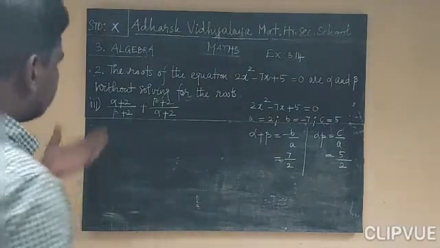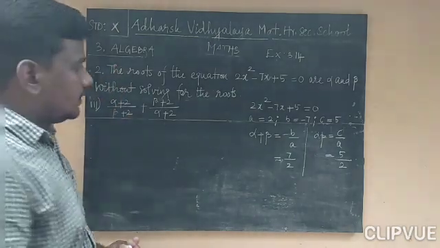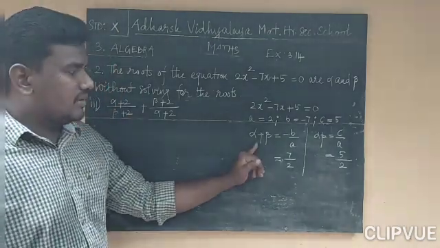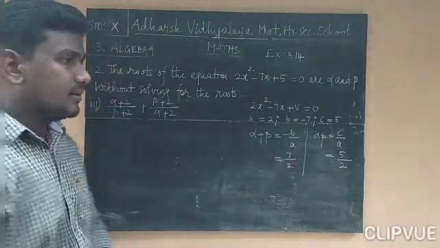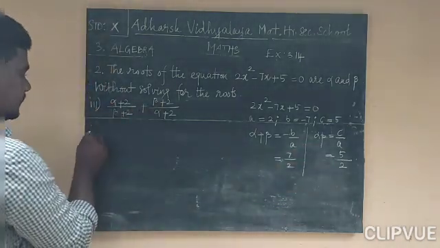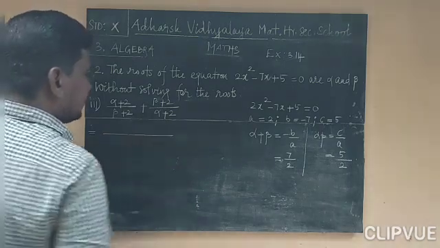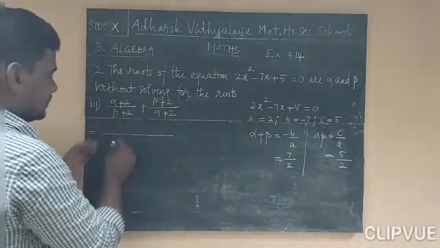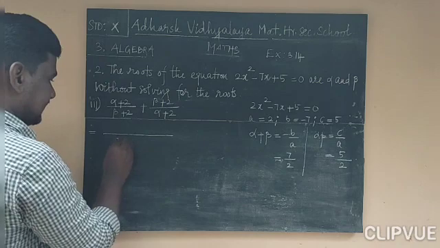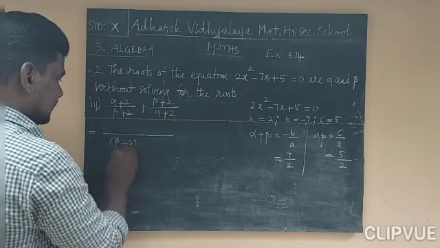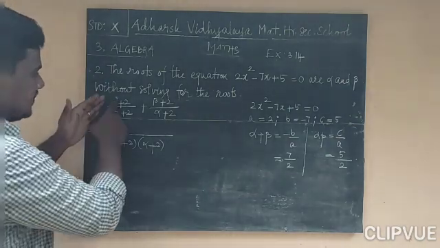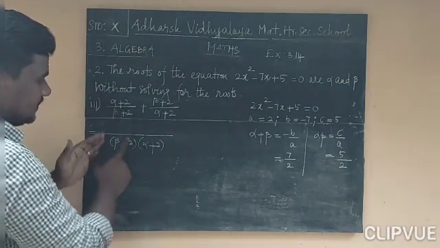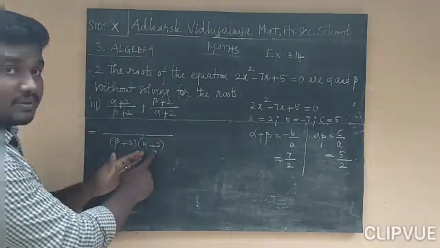Next the second question, third subdivision. So here also I am going to apply the value of alpha plus beta is 7 by 2 and alpha into beta is 5 by 2. Okay. So first we are going to simplify it. So first finding LCM. LCM is their product. So beta plus 2 into alpha plus 2. Okay. So it should be multiplied by the missing term. Here missing term is beta plus 2 is there, alpha plus 2 is not there.